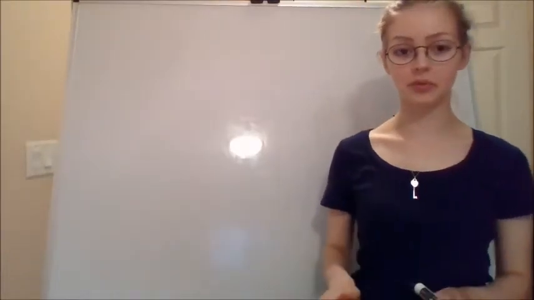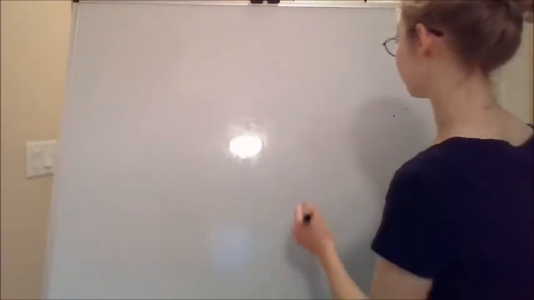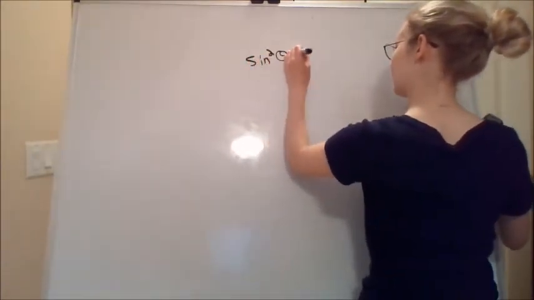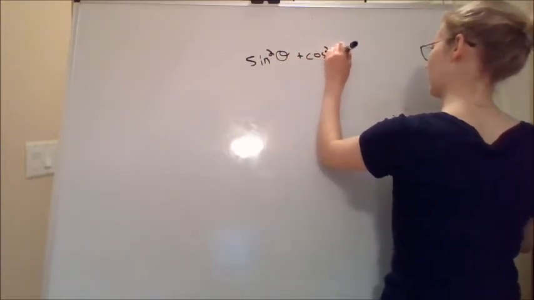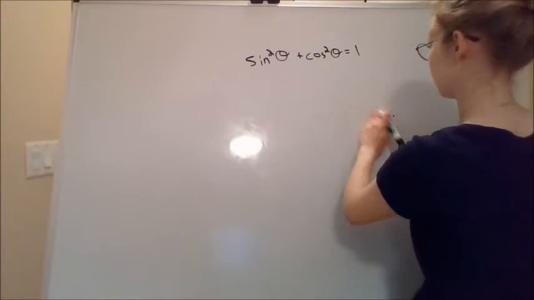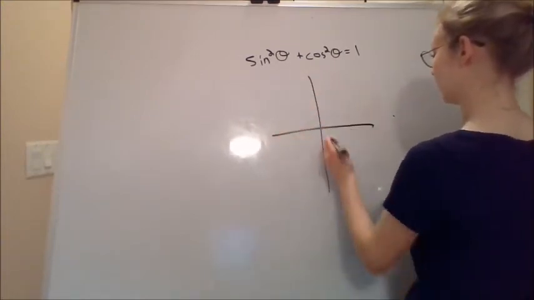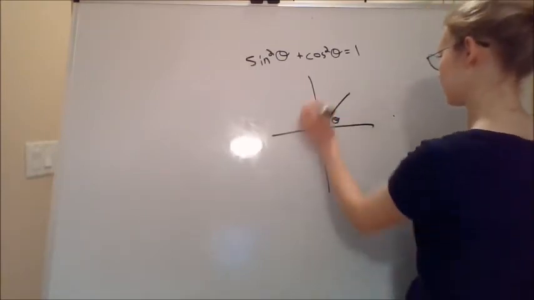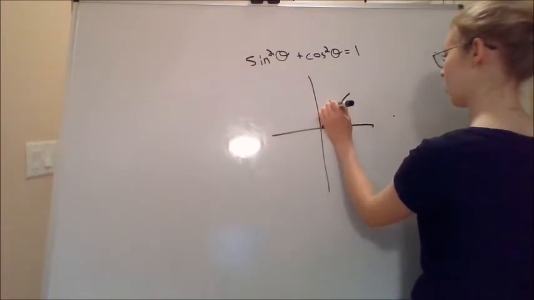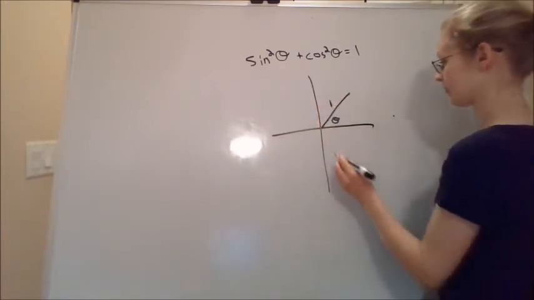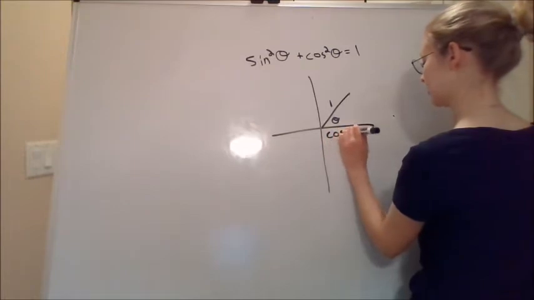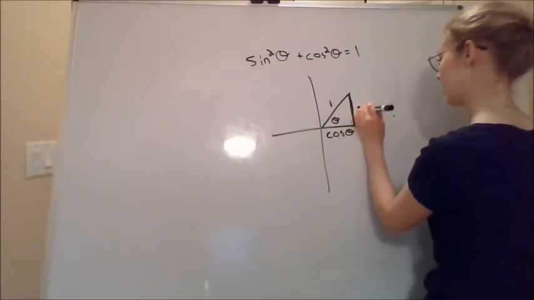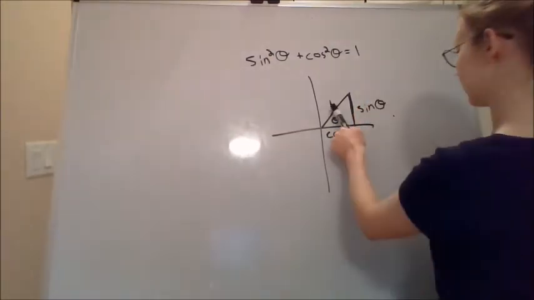Today we're going to prove a very simple trig identity and learn how to use it. So we want to prove that sine squared of theta plus cosine squared of theta equals 1. First, let's draw our axes here, and let's draw any old angle theta right here. And we know that in our unit circle, this is going to equal 1. We also know that this is going to be cosine of theta, since this is 1. And then this length right here is going to be sine of theta, since the hypotenuse is